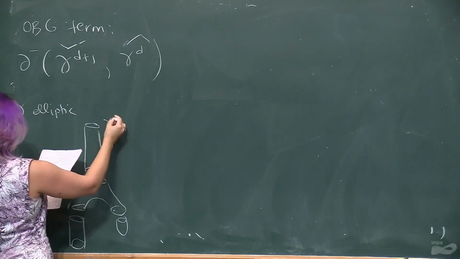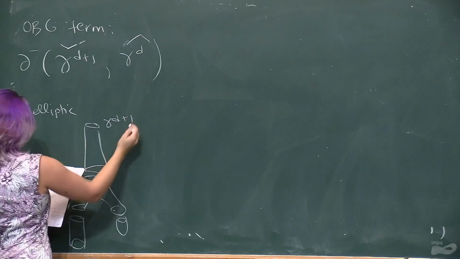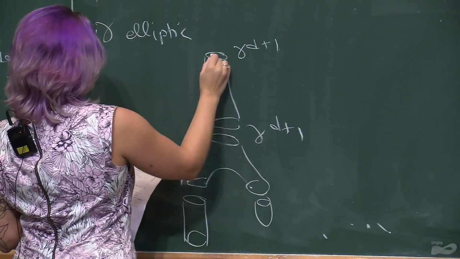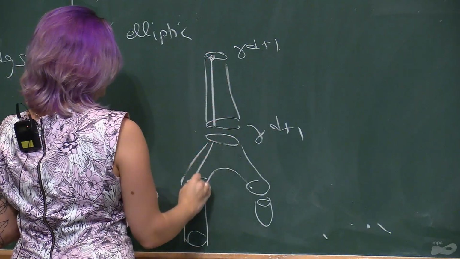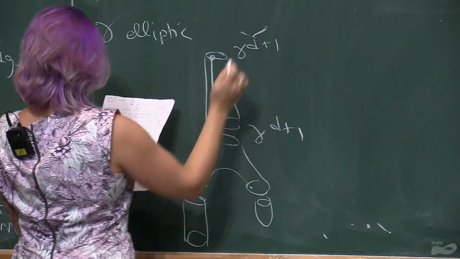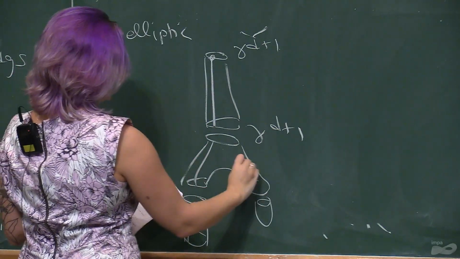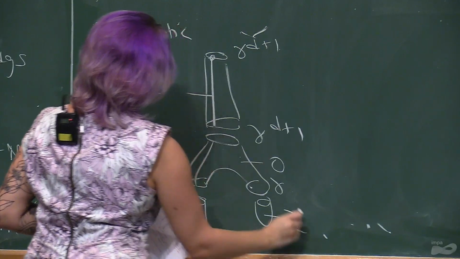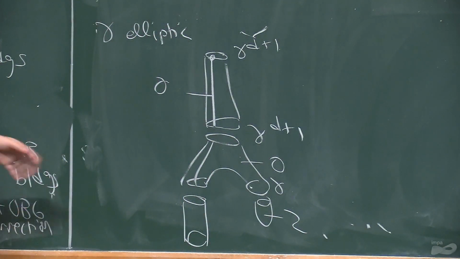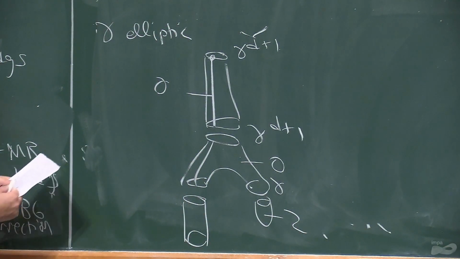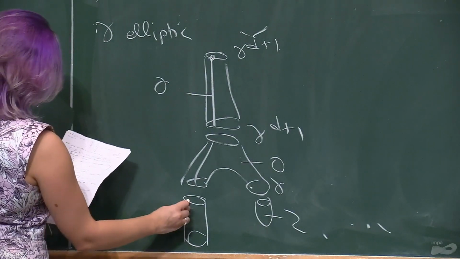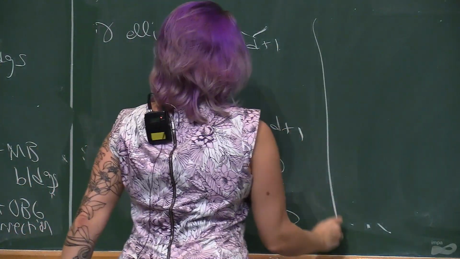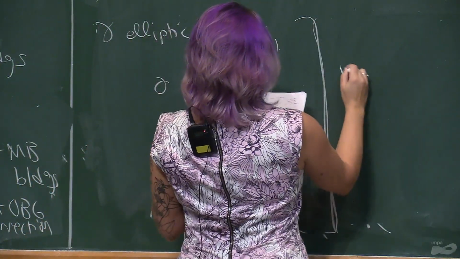Anyways, okay, so this is going to be gamma d plus 1. This will be gamma d plus 1. We're going to have a point constraint at the top, so it's a check. And then this is an index 0 pair of pants. This is a gamma, where this is a holomorphic plane of index 2, meaning that the Conley-Zehnder index of gamma is equal to 3. And then you have an index 1 cylinder. So this configuration is counted